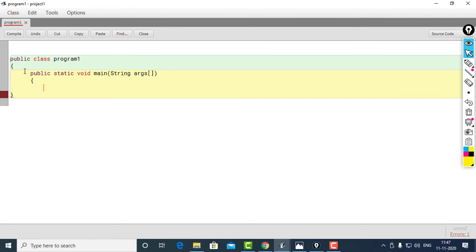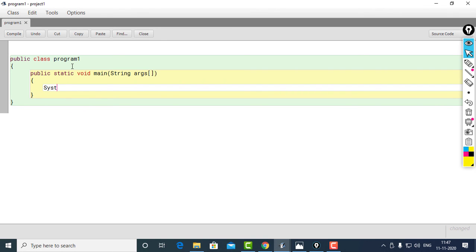Then in the beginning also we can add this brace, otherwise at the end we may forget to add. One more advantage is we can compile after writing each line. That is the advantage of adding all the braces, meaning closing all the opened braces in the beginning also. Println, "largest number is equal to".